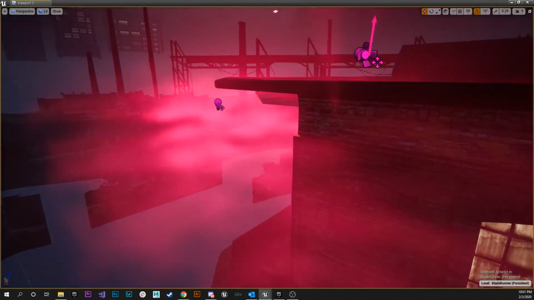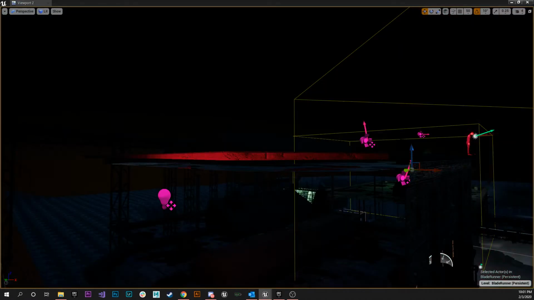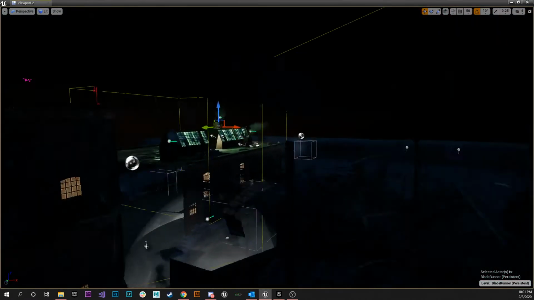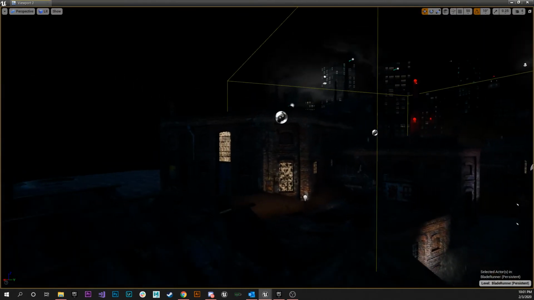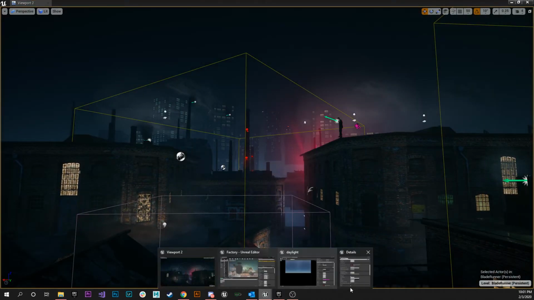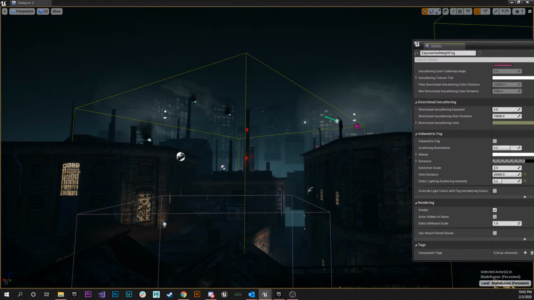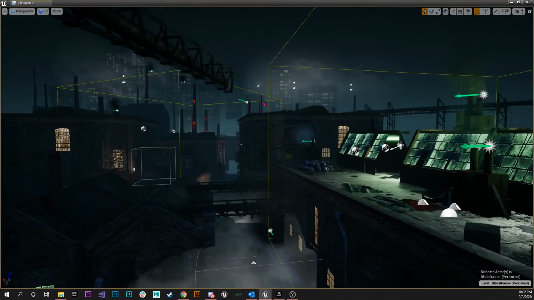If I were to disable the exponential height fog, all this would immediately go away. Or if I were to disable the volumetric fog, we would immediately lose the scattering that used to